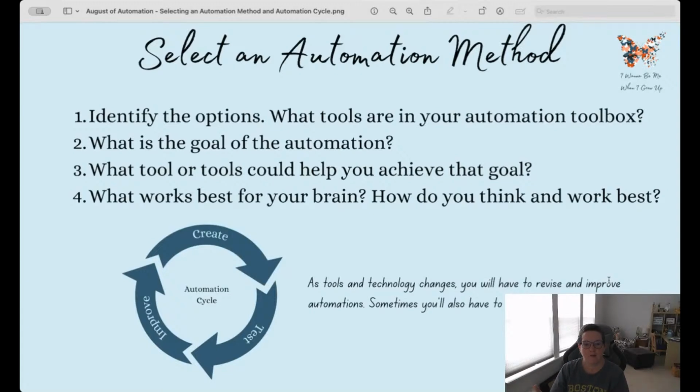I don't have all of the automation set up. And part of that is because I now live with a housemate, and I'm having to figure out, how do I make things work in a way that works well for both of us? So as your circumstances change, and then as the tools and technology change, you may have to change the way you automate something. So with that out of the way, let's go ahead and dive into our automation.